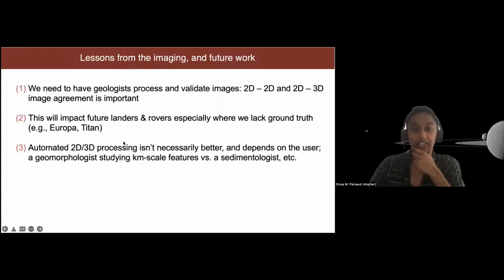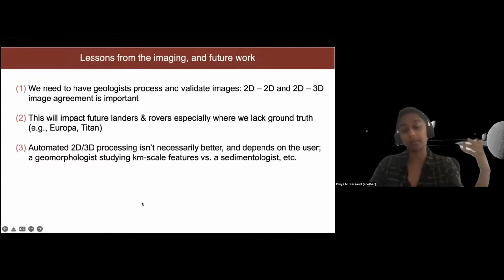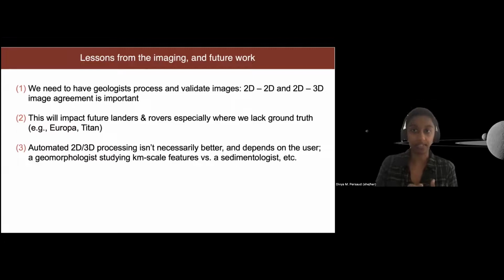I think it will impact future landers and rovers as more and more people look at surfaces in 3D. The technology is also advancing. We're going further out into the solar system. So say we land somewhere where we don't have global ground truth, somewhere like Europa or Titan, these big moons of the outer solar system, where we're hopefully landing in the next 3 decades. That's going to be really important. It's going to concern hazard planning for engineers. It's going to concern the scientists who are looking at those data for the decades afterwards.